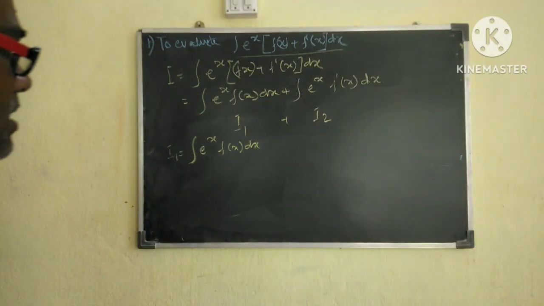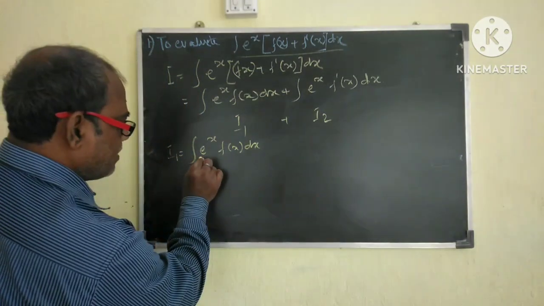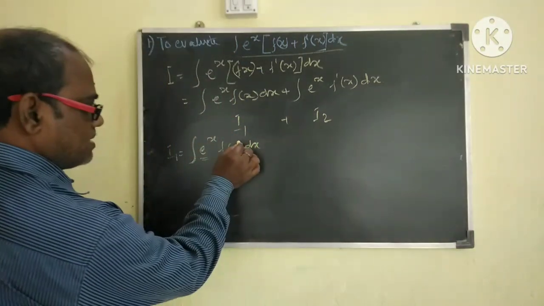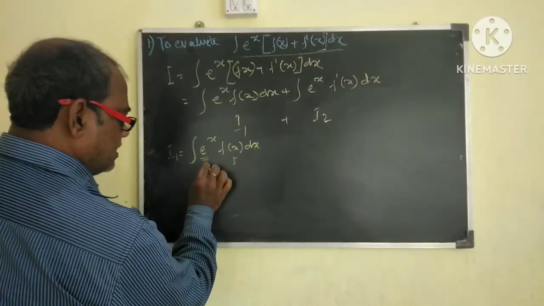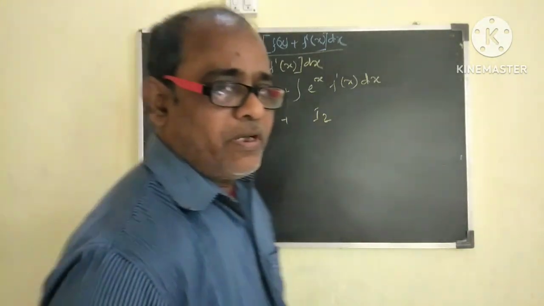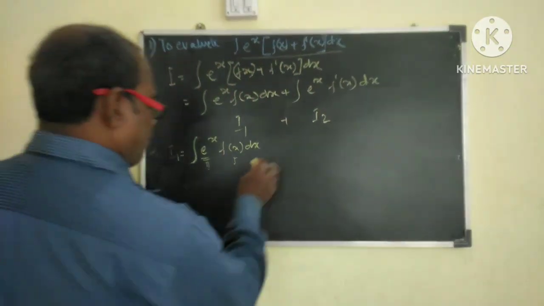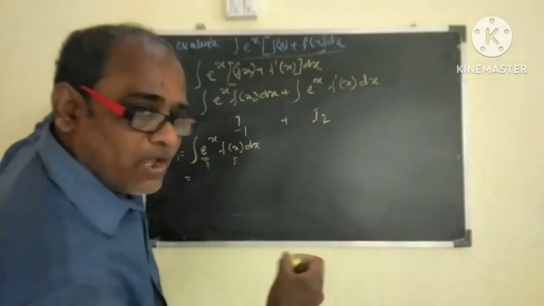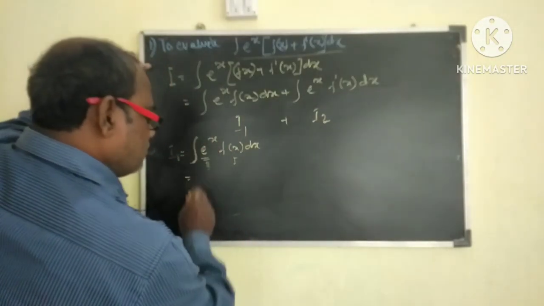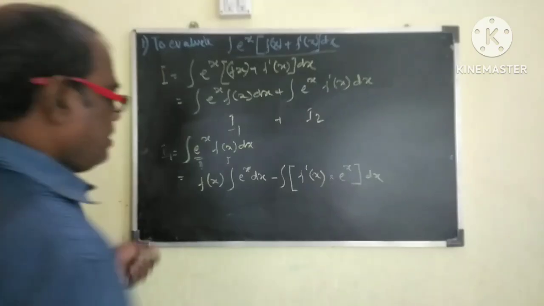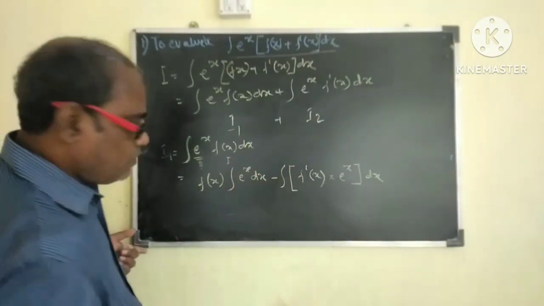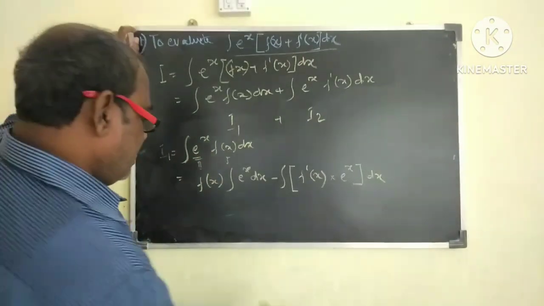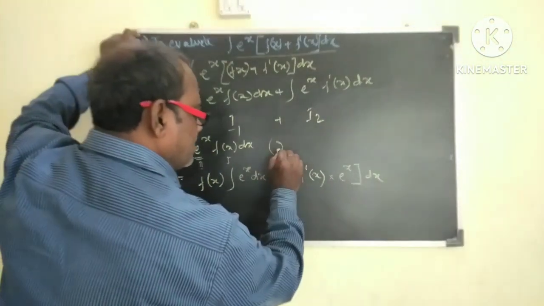See here, my dear students, two functions are there: e to the power of x and f of x. Let us consider f(x) as the first function and e to the power of x as the second function, and with the help of integration by parts let us do the integration of this. So through the formula we have just read, first function into... here we are taking this as the first function, as I said, and this is the second function. You can take it as the second function to do it very easily. So doing integration by parts,